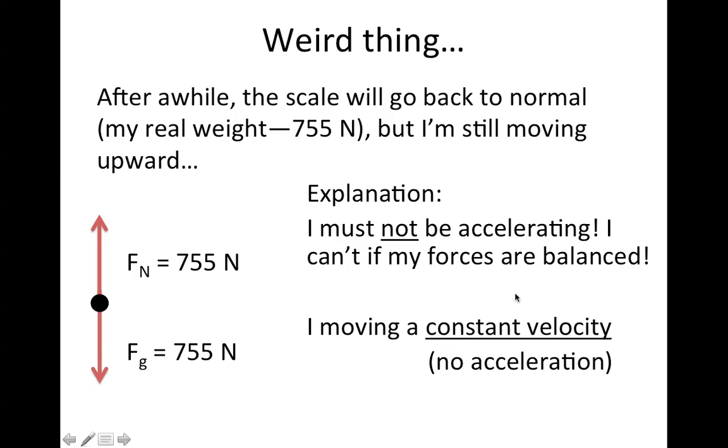If I want to move at a constant velocity, that means I have no acceleration. The only way I can have no acceleration is if my forces are balanced. And so I must not be accelerating if my forces are balanced. And so that means that my scale is going to be correct again. It's going to perfectly balance out gravity, but I'm still moving upward, but at a constant velocity, because that means there's no acceleration. So the answer to that homework question with the guy on the scale is that you can't